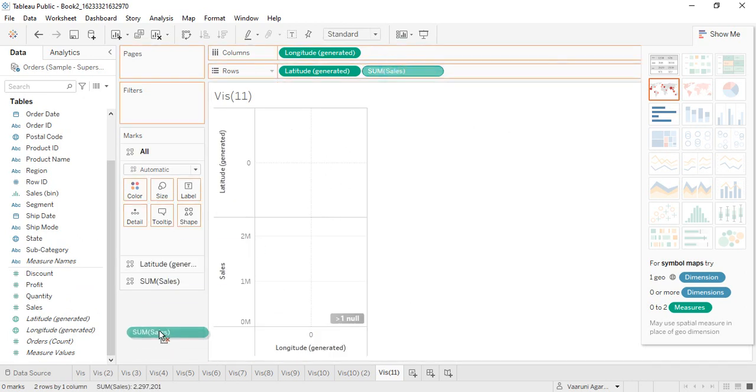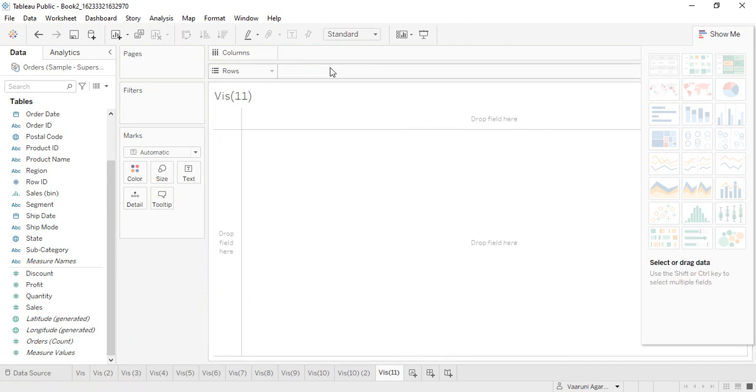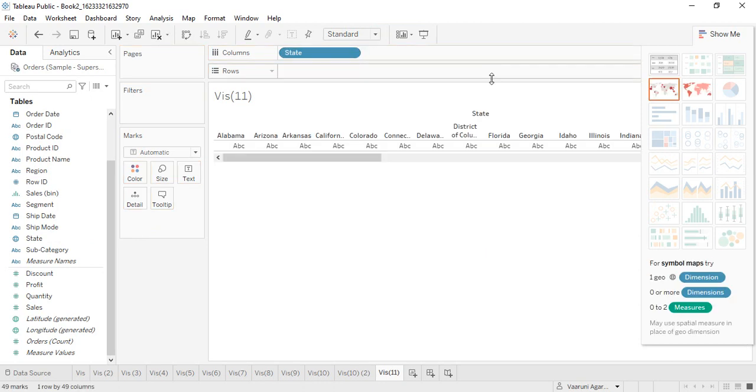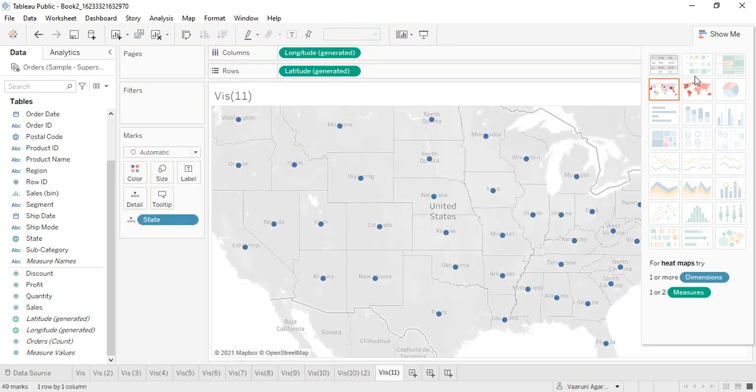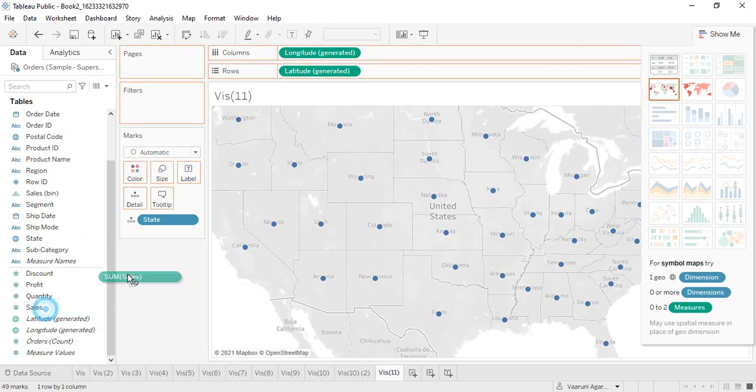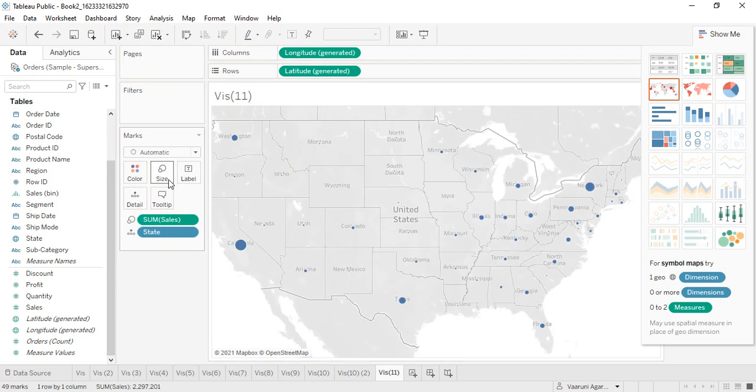So what we are going to do is clear this whole sheet. Instead of the latitude and longitude values, let's get the state into the columns, and make sure the map is selected. Once we select the map, all these states are pointed like this. Suppose we get sales into the size. What will happen is, the bubbles that we had, now they are in varied sizes.